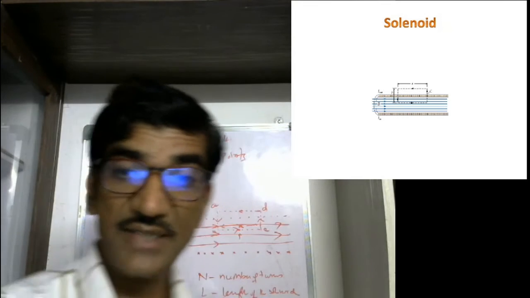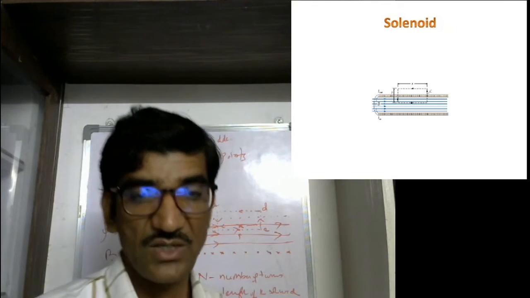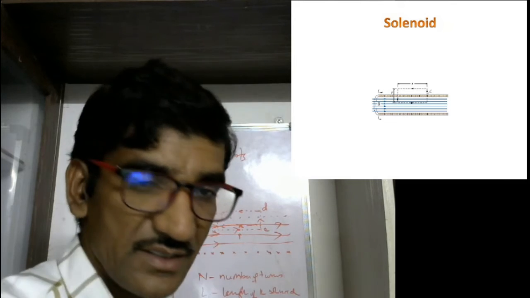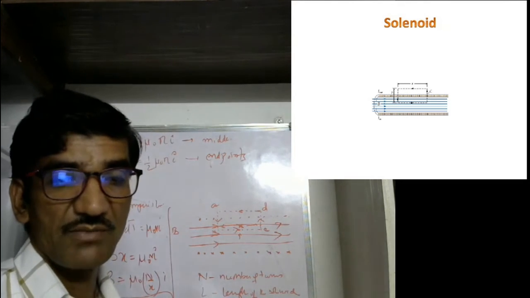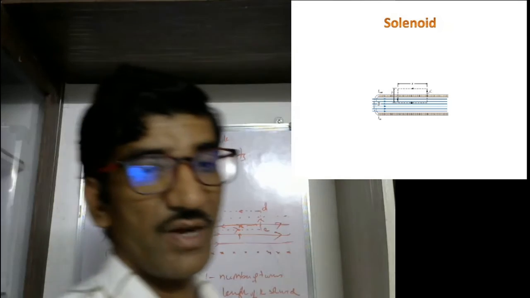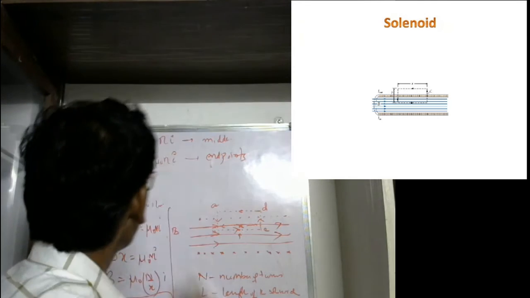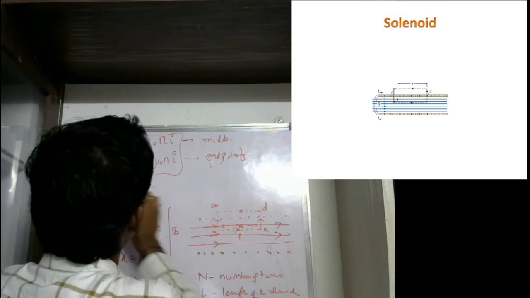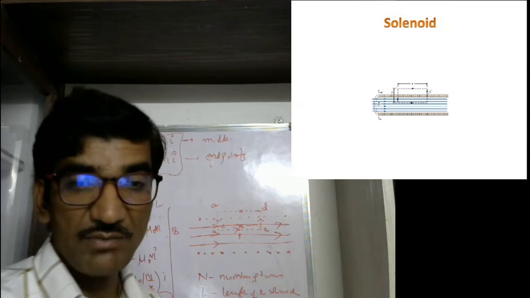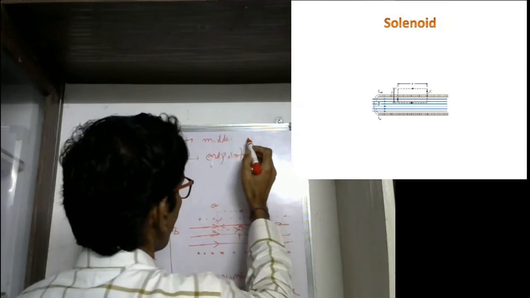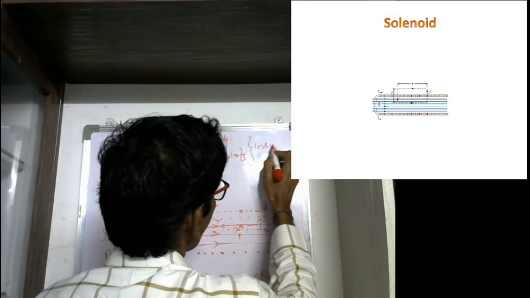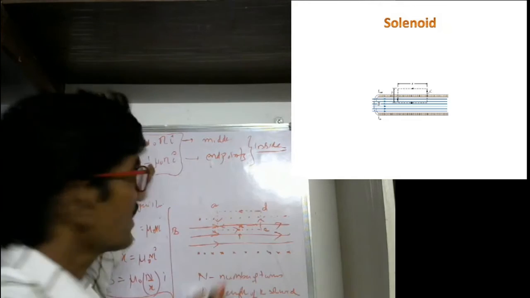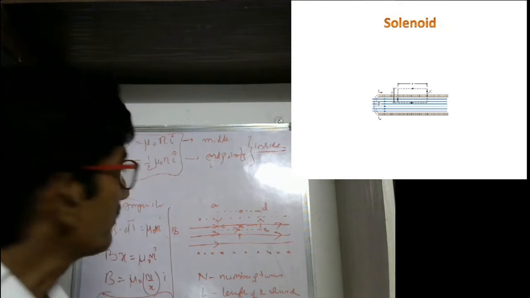At the end points, symmetry is not there, and only on one side you have the current and turns, so B is equal to half of the induction available at the middle point of the solenoid. These formulas are very important. These two formulas are applicable at the inside points, whether that may be the middle point or the end point. These formulas are applicable for the inside points of the solenoid.